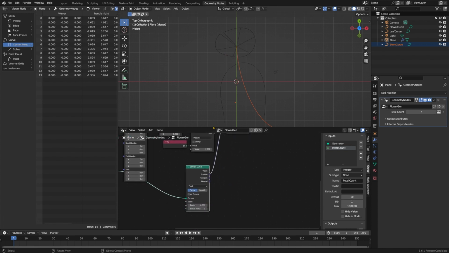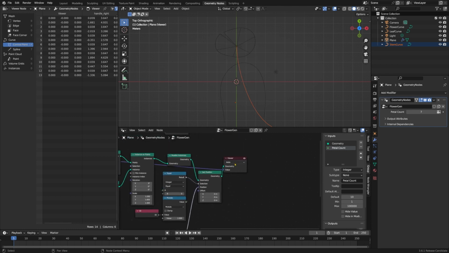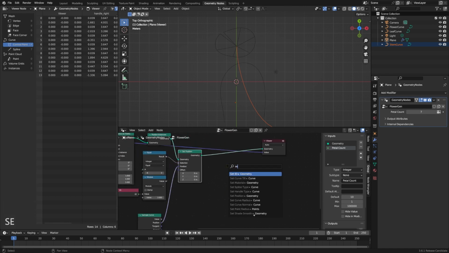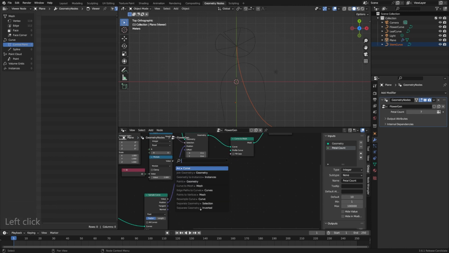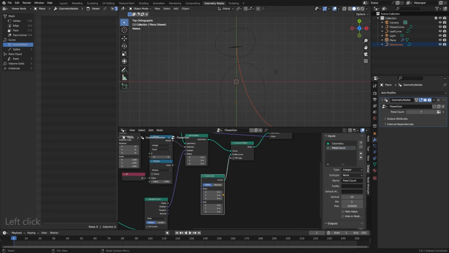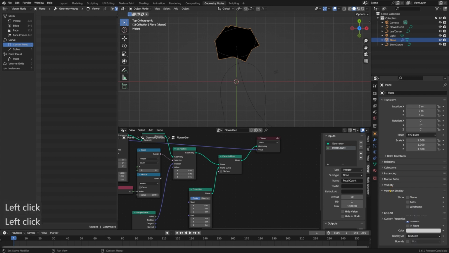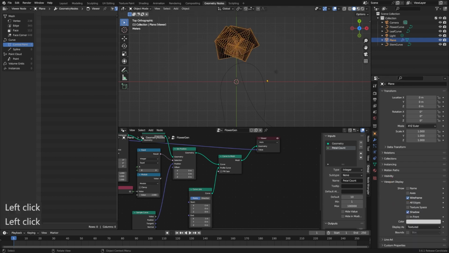As you can see, if we move the factor, it's going to give me the position for points along different factor of that curve. We're just going to leave it at 0 for now. Let's use a curve to mesh. And for the profile curve, we're going to supply another curve line that goes from -1, 0, 0 to 1, 0, 0. Let's go to Object tab, Viewport Display, and enable wireframe so that we can actually see the